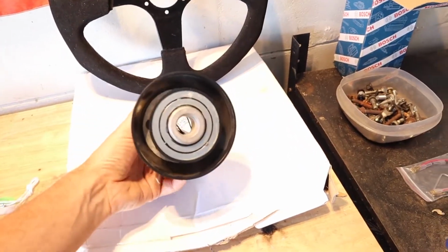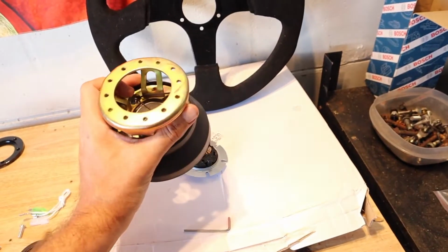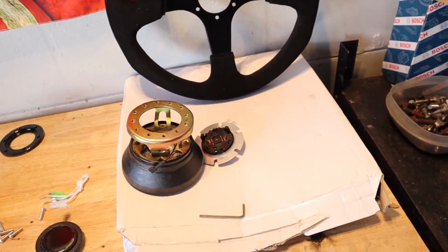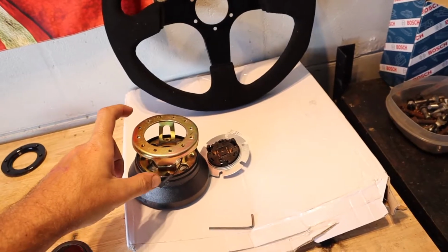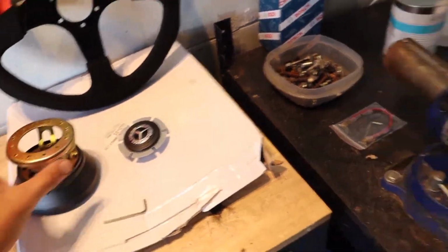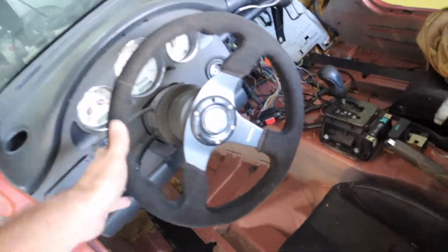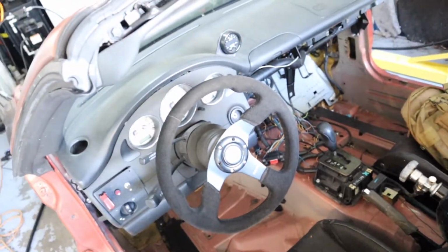Not bad, not bad. I'll put a link to all this. I haven't tried this hub out before, so hopefully it'll work. If not, then I will just have to reorder the Momo one. This was just convenient, and it came with the horn, and I thought that was pretty nifty. But I've done it on the death cart. Not that horn, but I did the Momo steering wheel on the death cart, and it works,